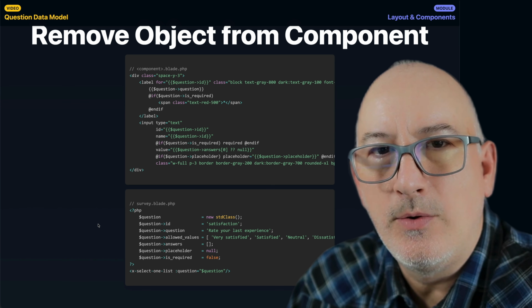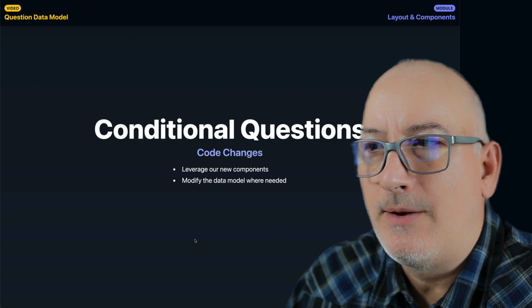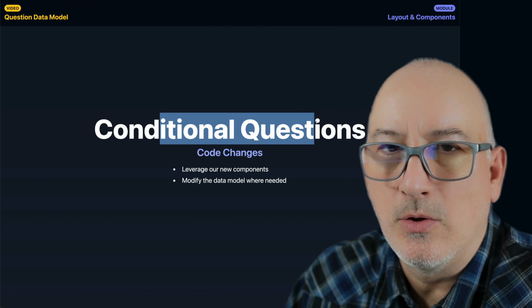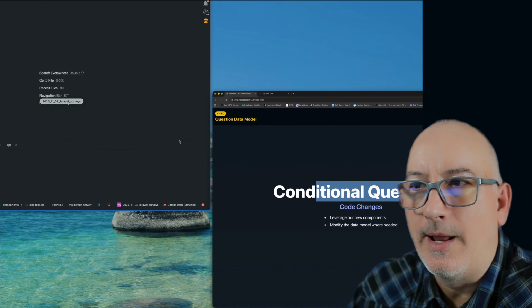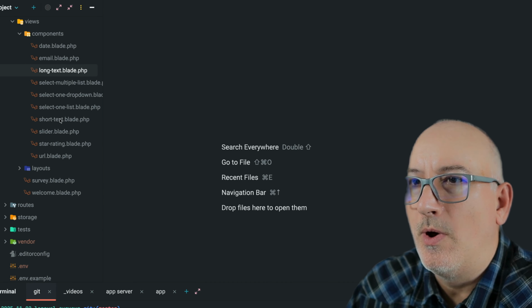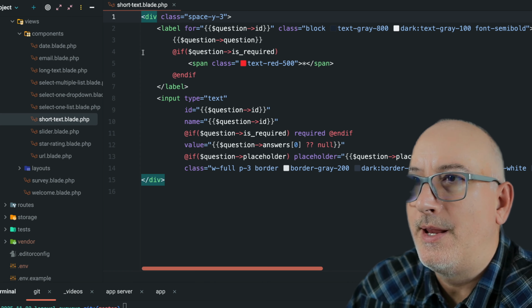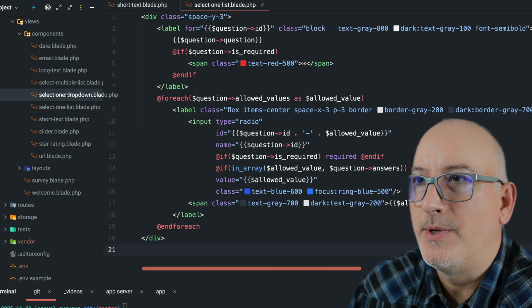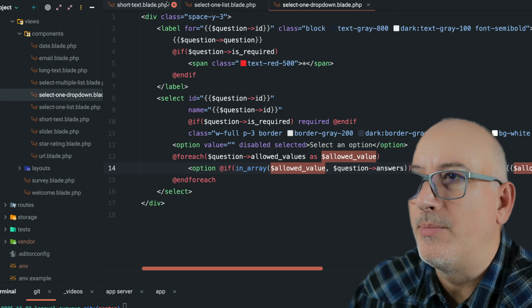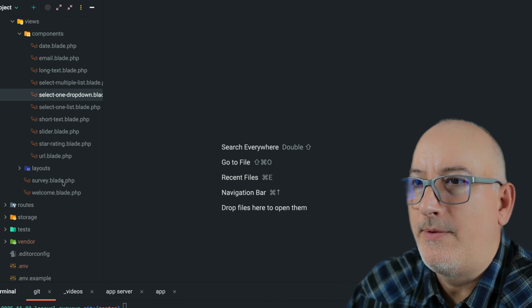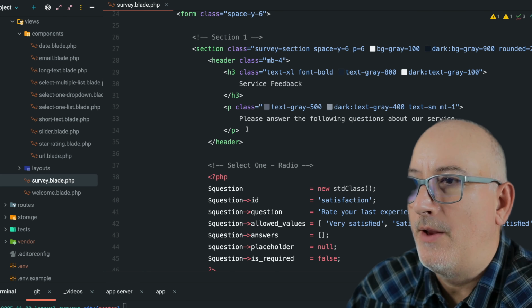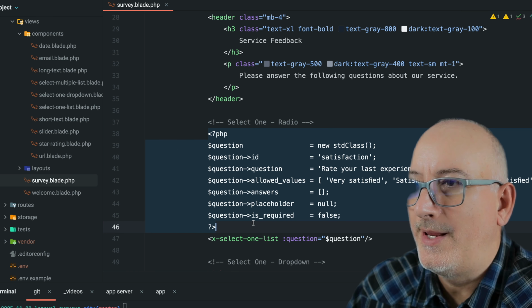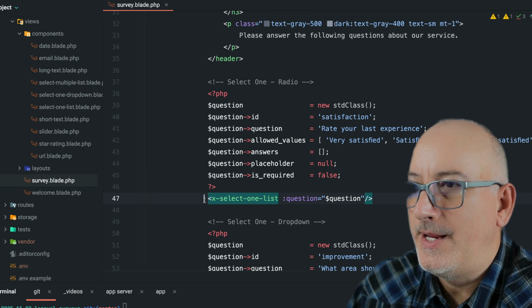So there are still a few code changes that are left to do, and we need to tackle our conditional questions at this point. So let's get over into our development environment and work that out. First of all, if you look at any one of these, you're going to see no data at the very top. So no matter which one you select, there's no data on any of these components. Close these all up. And if you look at our survey, and if we start at the very top of this survey, now you're going to see I create an instance of a question, and then I feed it in